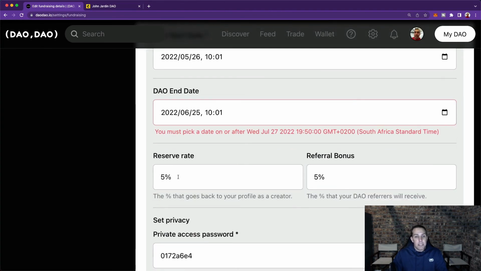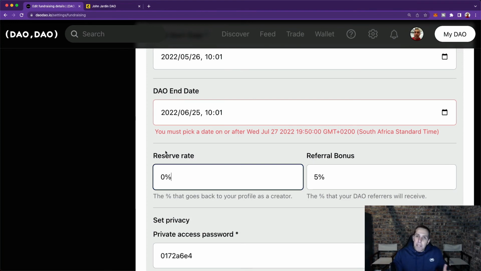And reserve rate, this is quite important. The reserve rate is whenever someone invests in your DAO, let's say your DAO coin was $1 and they invested $100. If your reserve rate was at 10%, instead of them getting 100 coins for $100, they would get 90 coins and you would get 10 coins to your account. Now, it's not just about when people purchase, but it's also when people trade your coin. It's very important. So like for me, I actually wanted this to be 0%. If people purchase my DAO coins, they purchase my DAO coins. I don't want to take 10% of that or whatever. I don't want any of that. They should get the full amount of DAO coins.